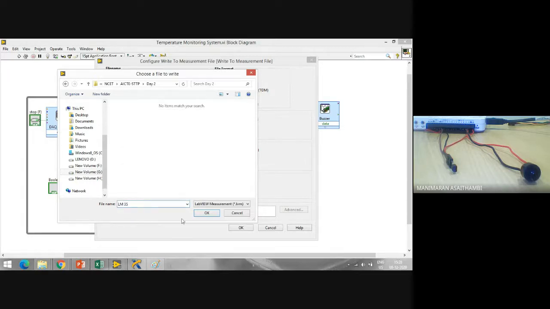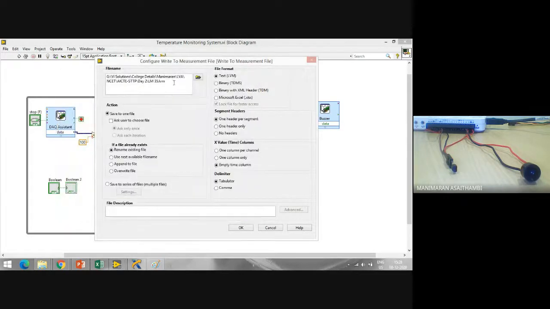I'll say okay, but I want it to be an Excel file. I need one column only, time, let it be 1. So I'll save it.